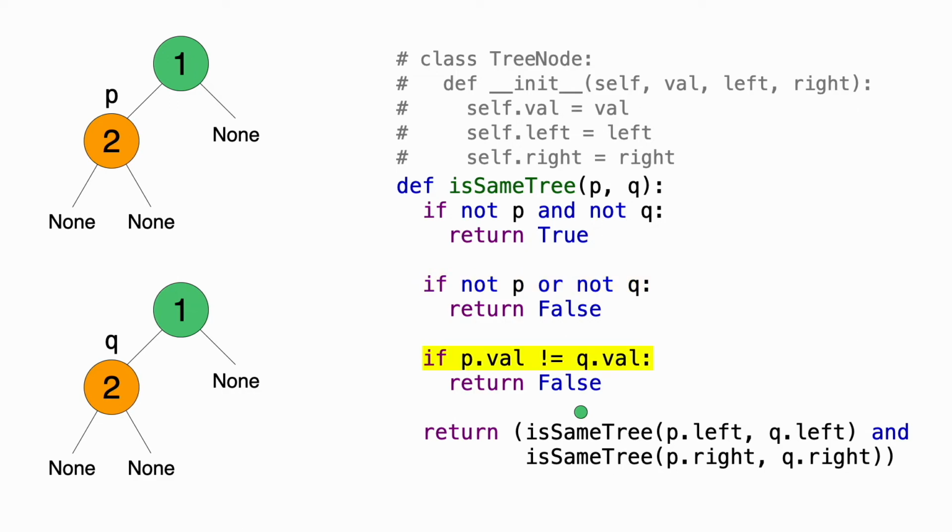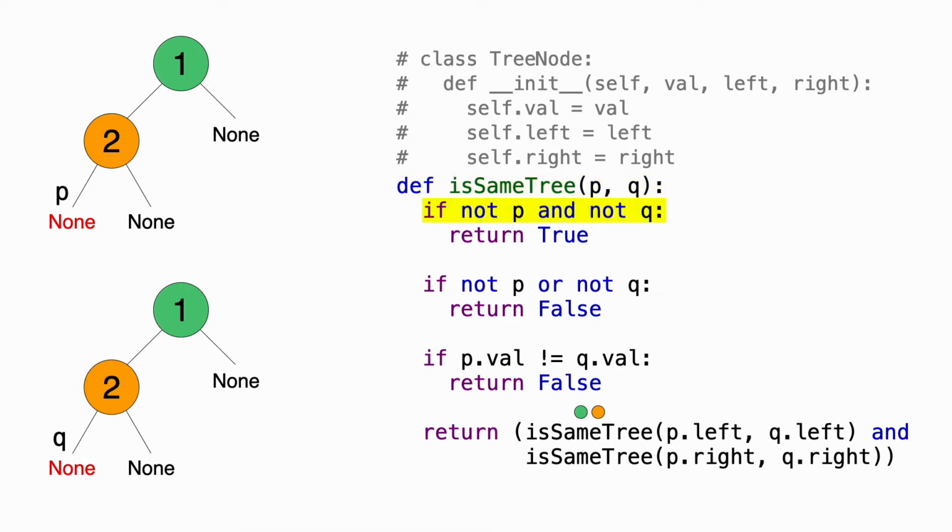And now let's compare their values. Both values are equal to 2, so it's time to go down to the next level. We'll do this the same way by, again, recursively calling the same function and passing in P.left and Q.left. This time I'll put an orange dot, since right now P and Q are colored orange. And now let's go down to the next level, where P and Q become the none value on the very